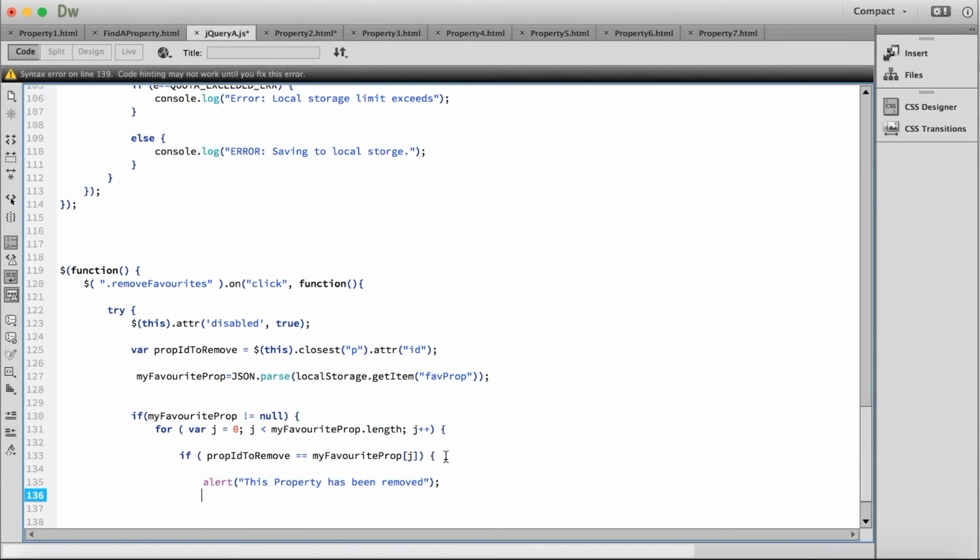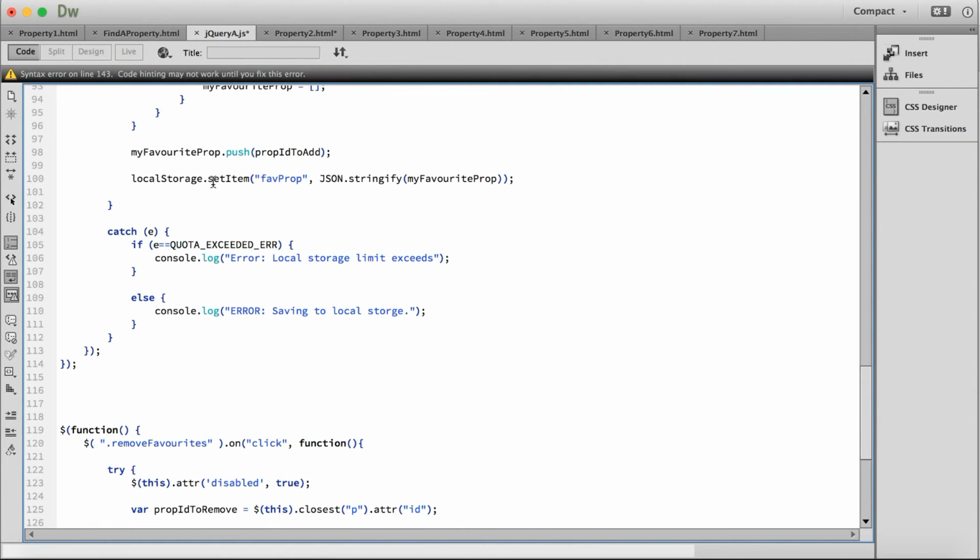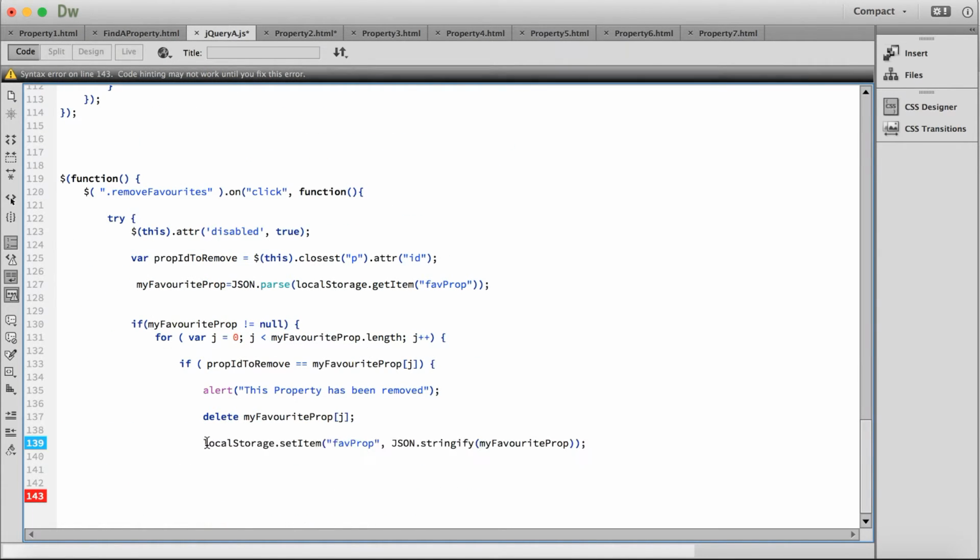Just like that. And then we're going to remove it. To do this, we're going to do delete my favorite prop, and whatever the match was from the array, as you see, we did the for loop, and we're going to delete it. And I'm just going to set it similar as we did here where we set. I'm just going to copy this just like that. We're going to delete it from the storage, and we're just